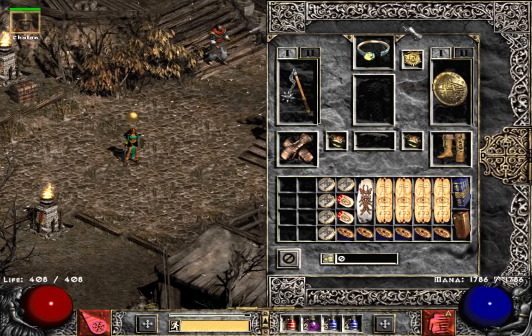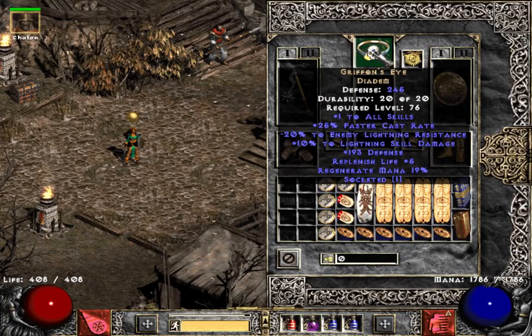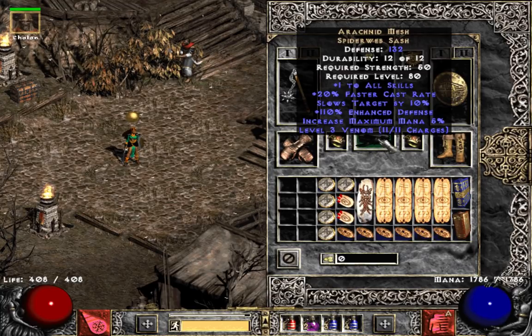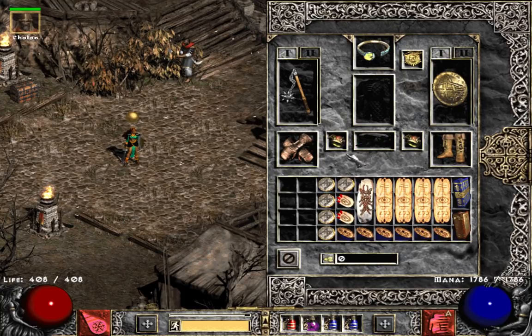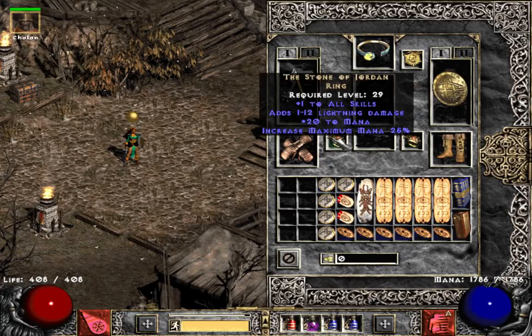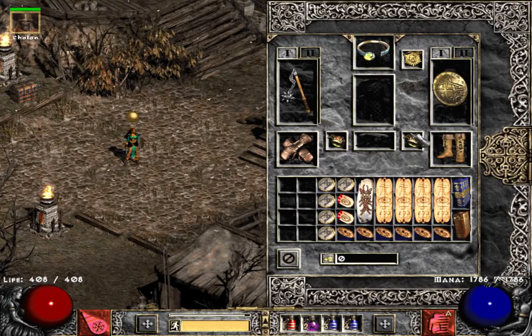So here's my gear. Griffins, right? Super dope. Other gear, Arachnid. I'm just going to go over the things that make total sense first. Arachnid, obvious, and then I have this, which is pretty sick. Dual SOJ, and I have